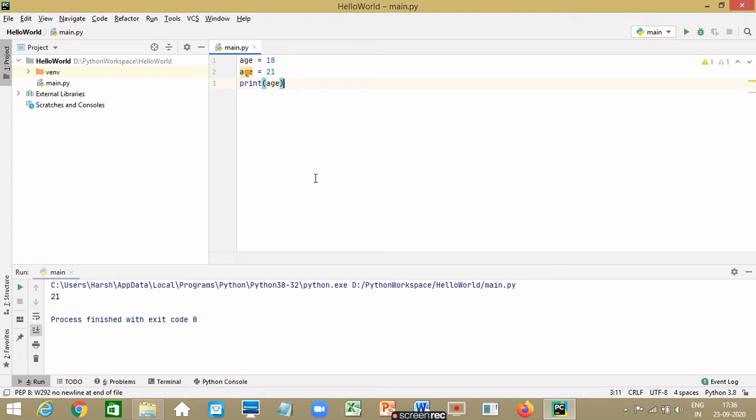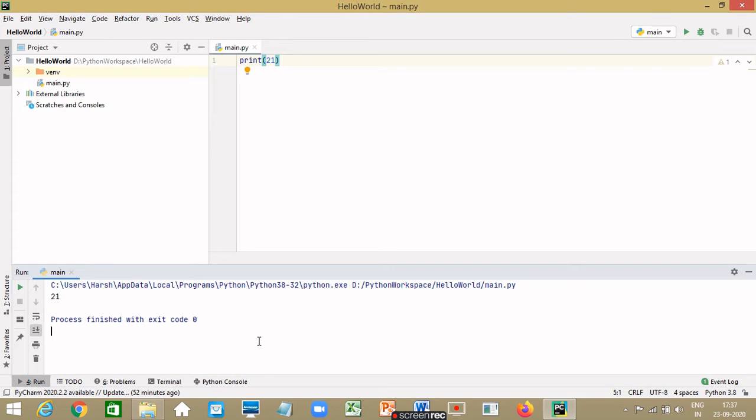Now suppose we wanted to print the age by directly typing out the value 21. So let's clear the statements and just type 21. We see that 21 is printed. But we know that it's age. Would anybody else know that it's age by just looking at our code? No, right? So using variables makes our code more readable. Also, it makes our code dynamic in the sense that we can change the value at one place in our code and it would get reflected at every place where the variable is used.